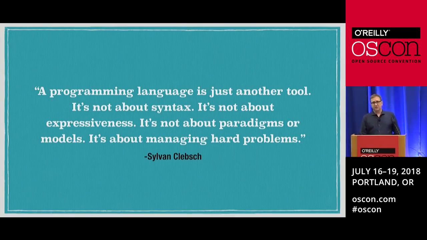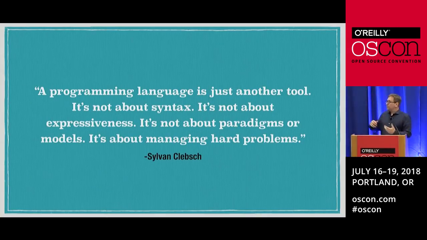The basic gist is that we spend a lot of time when we're talking about programming languages, talking about things like syntax or how expressive the language is, et cetera. And these are nice qualities to have. We'd like a syntax which is easy to read. We'd like for stuff to be expressive. But in the end, if the language doesn't help you solve whatever your hard problems are, you're not actually using the right tool for your particular job.